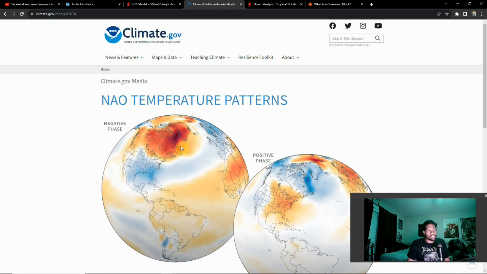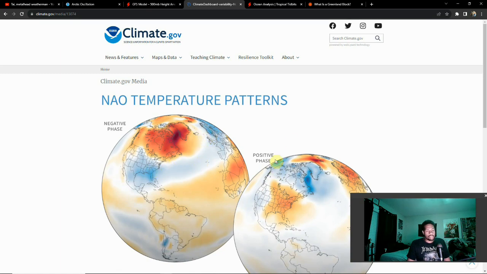And this is the negative phase, where we have the warmer temps over Greenland. And over here towards the North Atlantic waters, you can see cooler than average temperatures. This usually will allot also for cooler temperatures, maybe even snow, to develop towards the Northeast in particular. Maybe even some of the states further to the south here in the U.S. A lot more unstable, a lot cooler weather towards the east. And then over towards Denmark, you could have more severe weather as well.